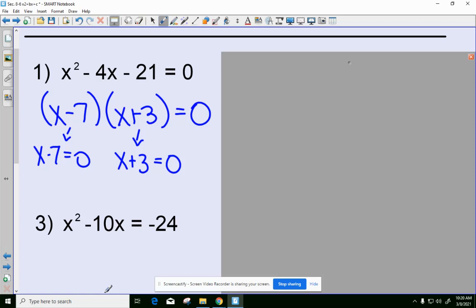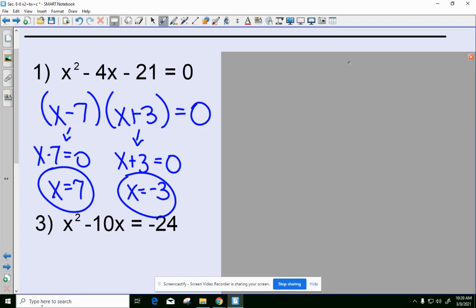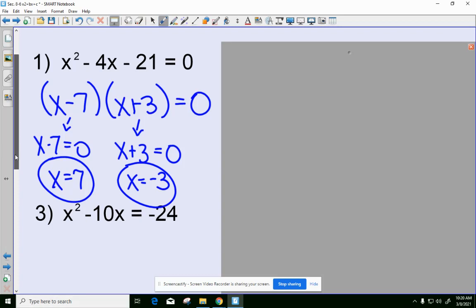If I solve the first one, what answer do I get there? I get positive 7. Second one, negative 3. Okay. Now, in the bottom one,